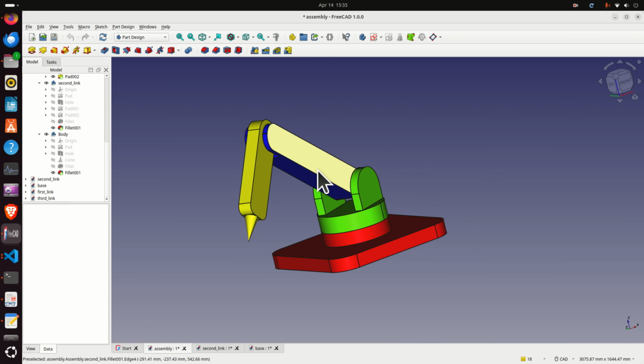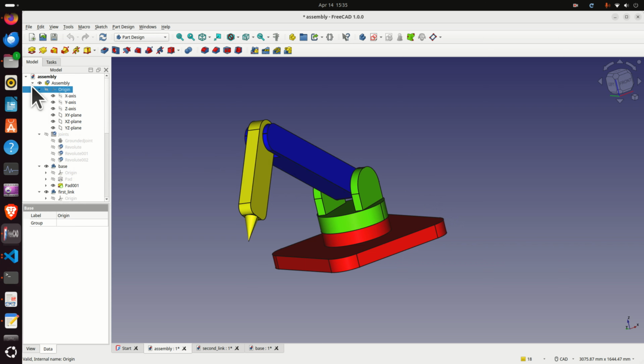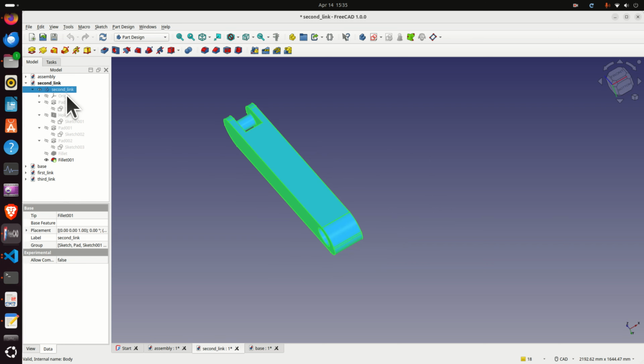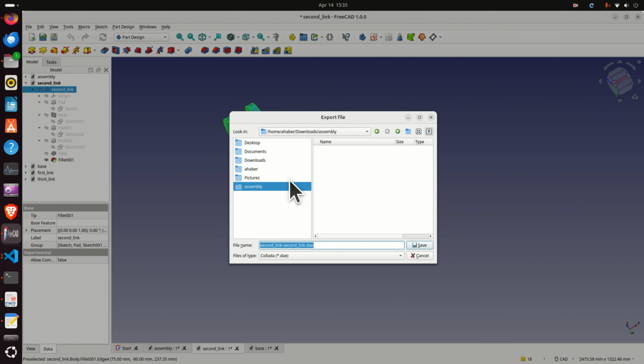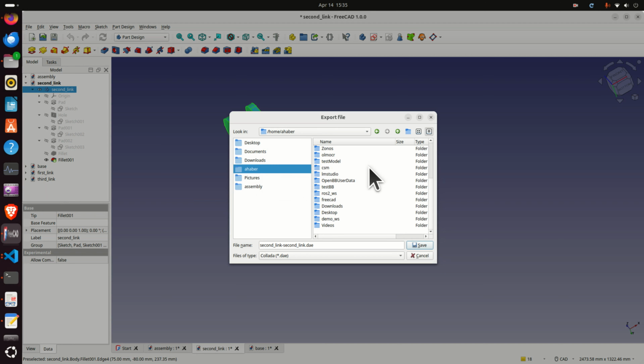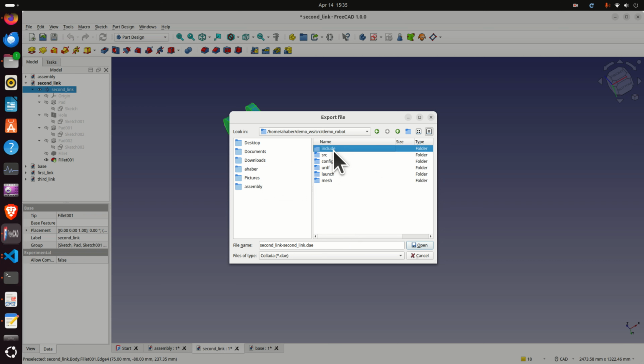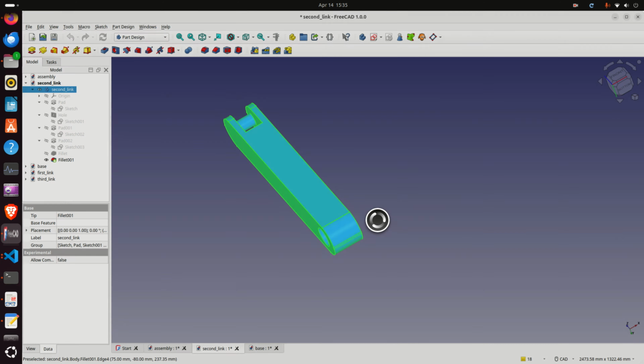Next, let's add the second link and the third link and the corresponding joints. First of all, go back to the FreeCAD, then click on the second link, click over here, and let's export the second link. To export the second link, click on File, Export, and then over here, let's find the folder of our workspace. Here it is. Let's go to the source, let's go to the package folder, mesh, and over here, let's call the second link simply as second_link, and let's save it as a DAE file,